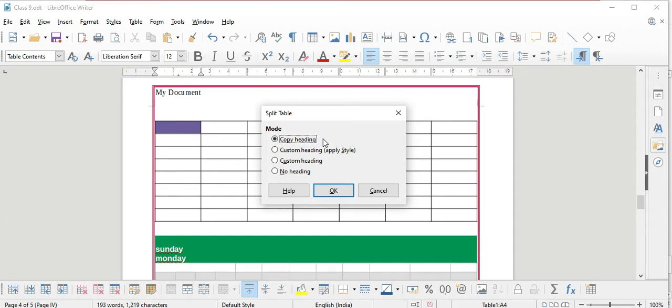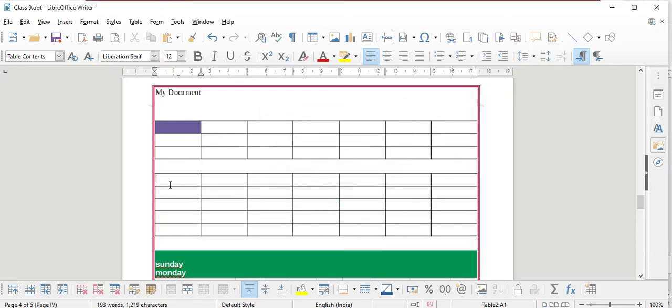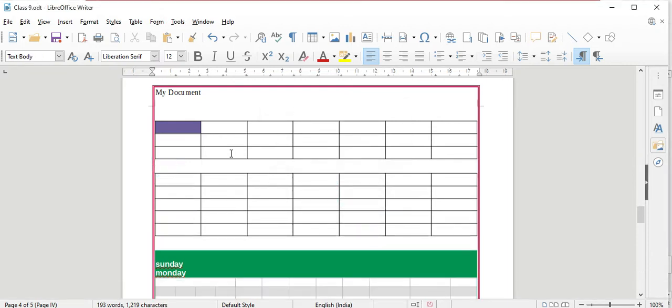You can select no heading if you want, or else alternative formatting for the heading, or else you can directly copy the heading whichever is there for the table, and then click OK. You will see the table has been formatted. It got split into two tables.